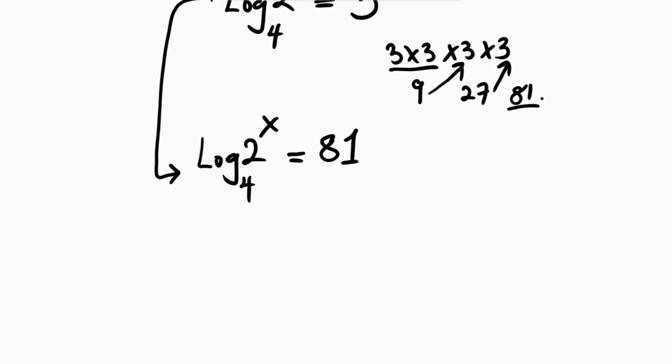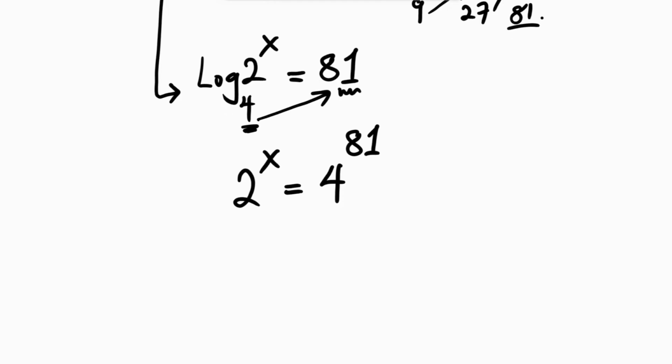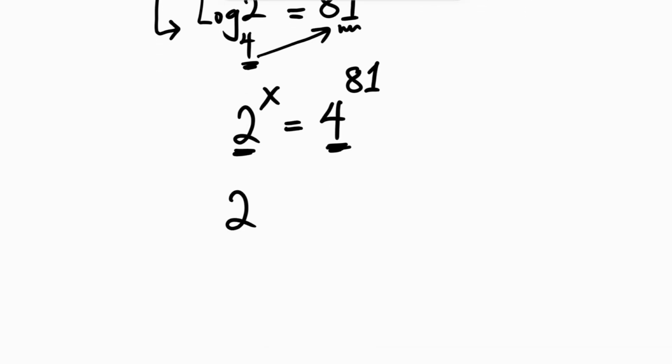Now we're going to do exactly the same thing again. The 4 becomes the base, pushes the 81 into the exponent phase. And so now what we have in the next line of the equation becomes 2 raised to power x equals 4 raised to power 81. Now we have a base of 2 and we have a base of 4. Let us rewrite this 4 in the base of 2. So now it becomes 2 raised to power 2,